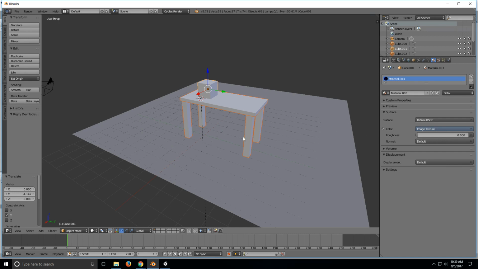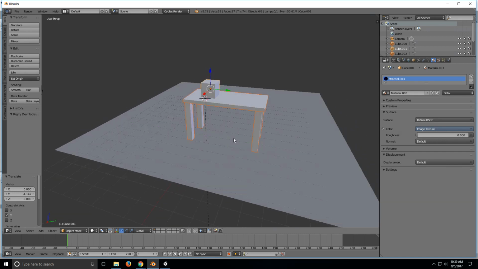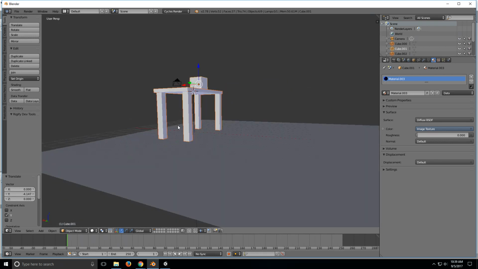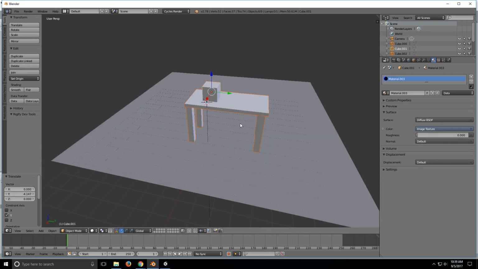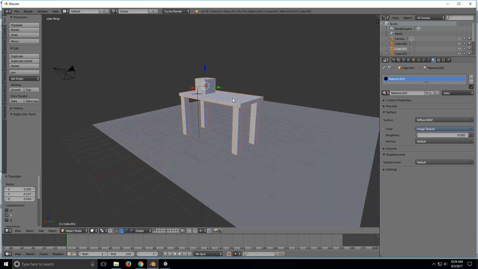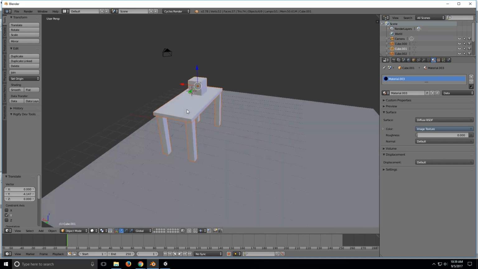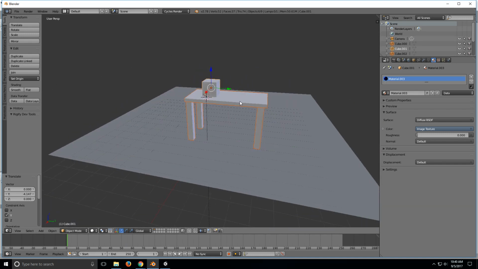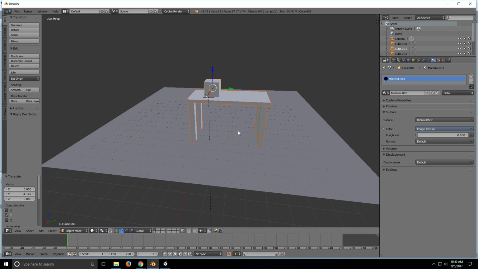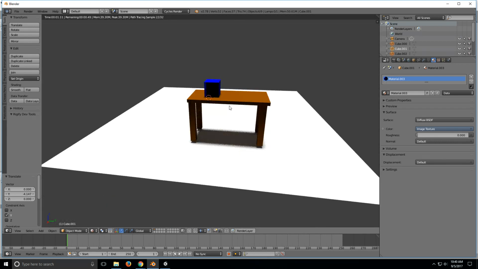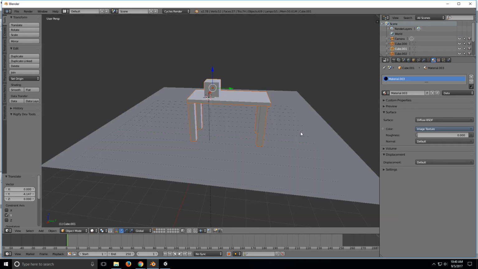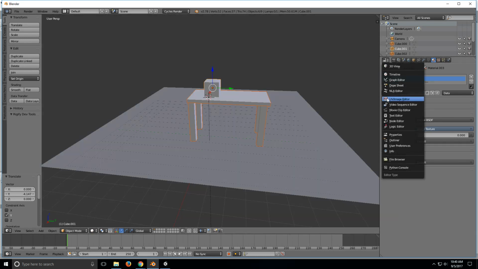Okay, so what I did was I set up a little table here. Yeah, I know it's totally edges overlapping, but this is not a modeling tutorial. So anyways, I set up a table and a cube to demonstrate this baking. I gave it texture, as you can see. Just went with a brown and a blue. And if you just want to look real quick at how I did that,